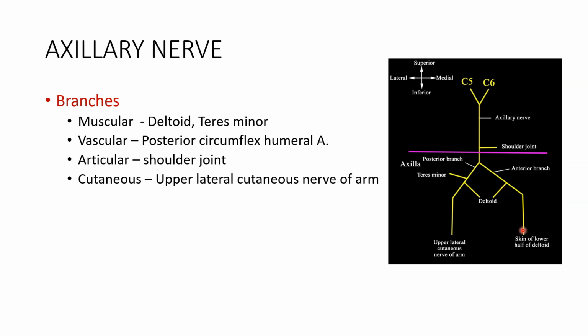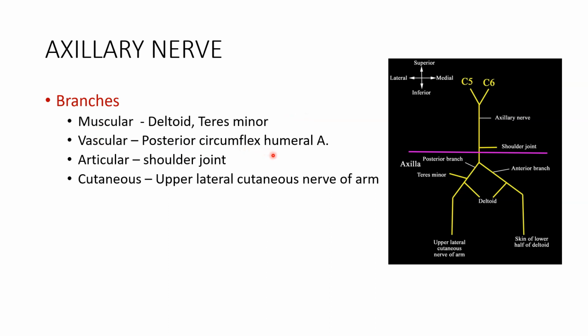The anterior branch gives motor supply to the deltoid and a cutaneous branch to the skin over the deltoid. The posterior branch also gives a branch to the deltoid and teres minor, and then becomes the upper lateral cutaneous nerve of the arm. So the muscular branches are to the deltoid and teres minor, and it will give vascular